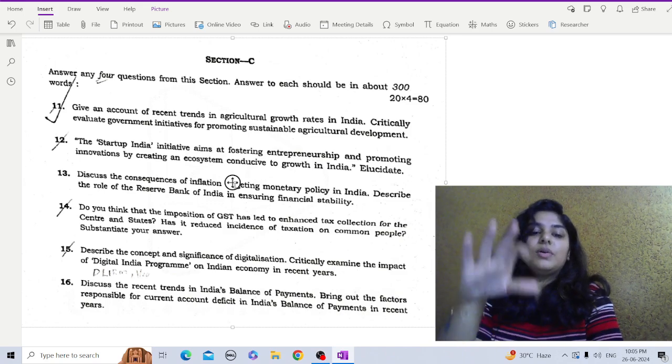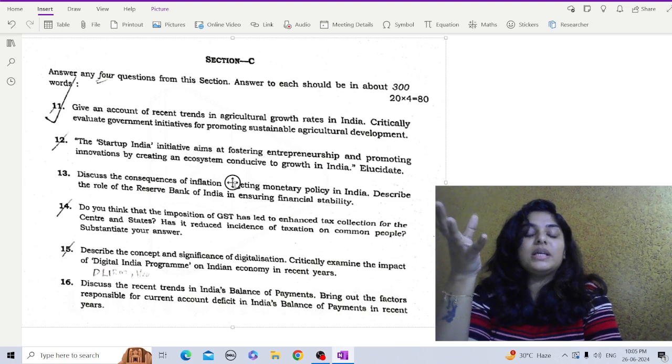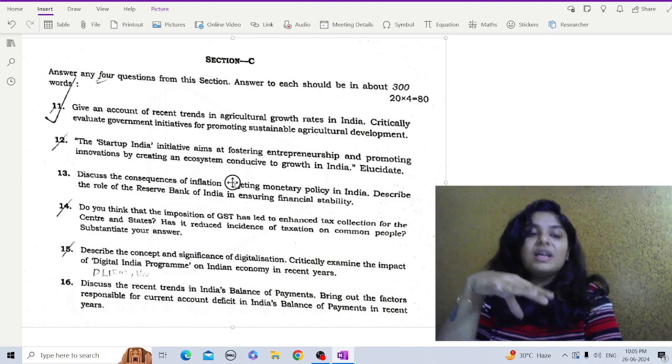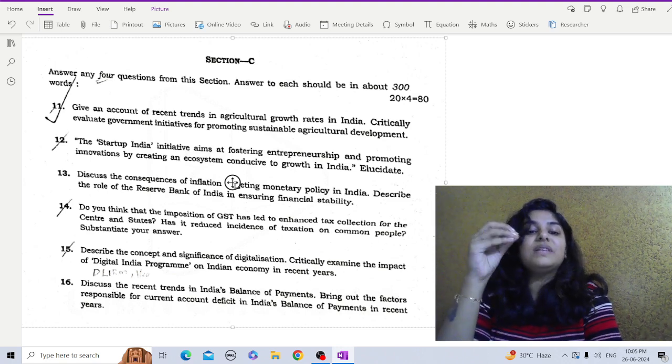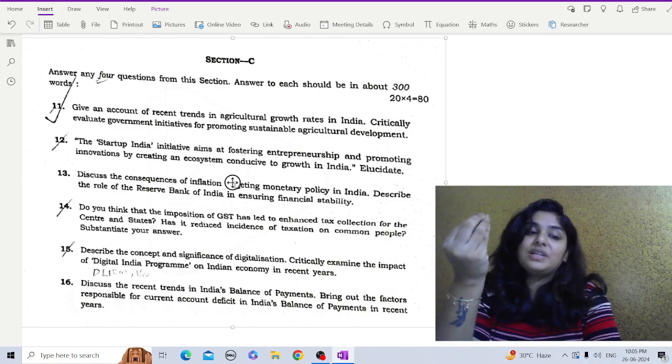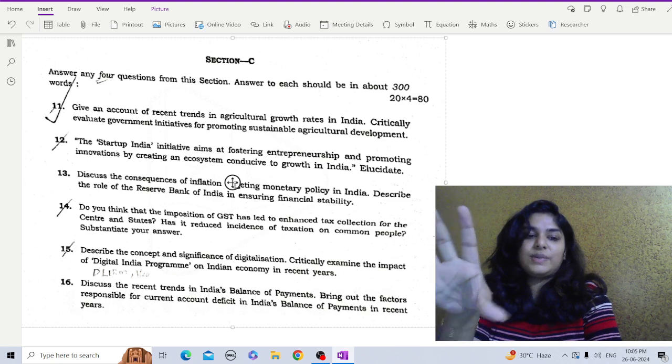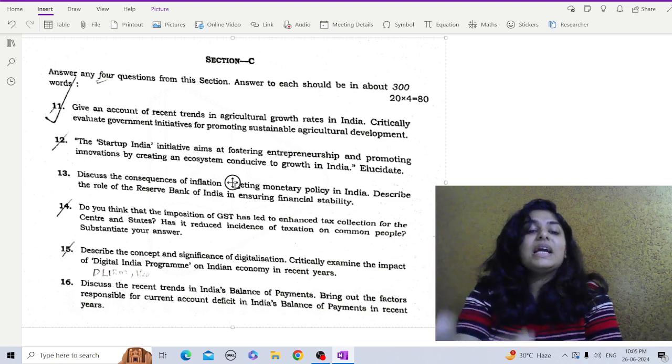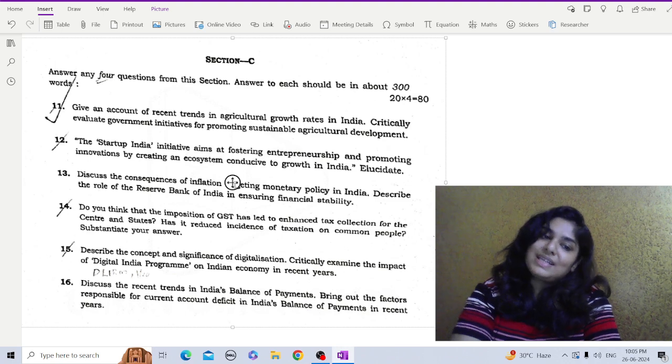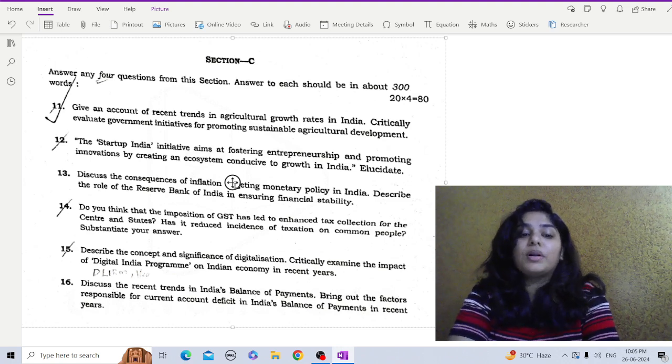Monetary policy, if we talk about it, then by implementing monetary policy, the RBI controls inflation and manages economic growth. So inflation targeting is a key component of this strategy. Liquidity management, financial market development, crisis management, these are all some of the important functions of the RBI in maintaining financial stability. So these are the points that are important for you to mention while answering this question.